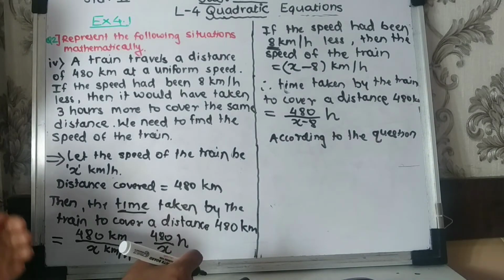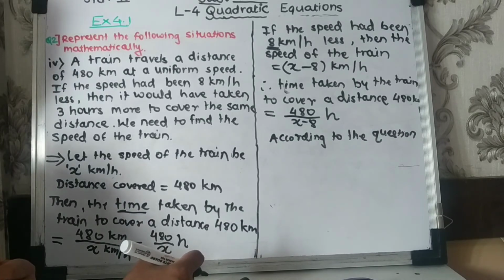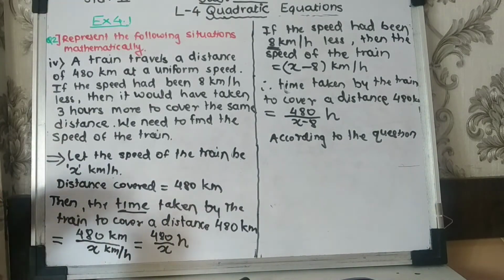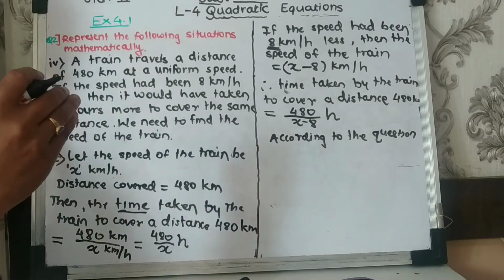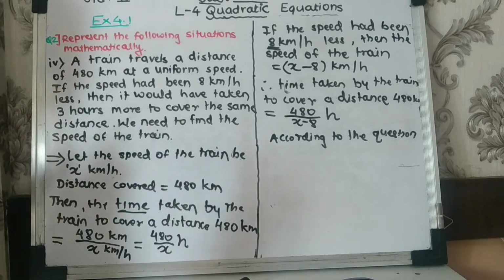But if I change my speed, that is, reduce my speed by 3 kilometres per hour or so, what will happen? I will cover that distance in more time, right? When we have the uniform speed, the time taken will be accurate, but when I reduce the speed, it will take more time.